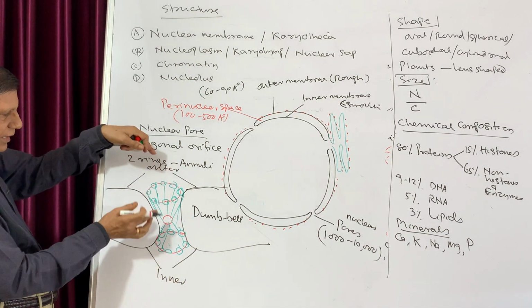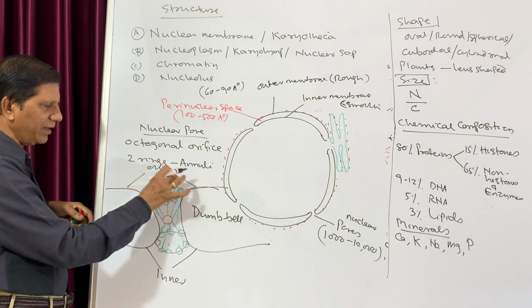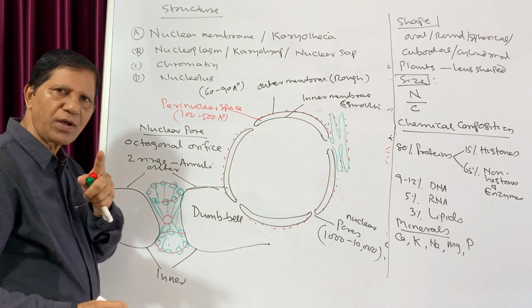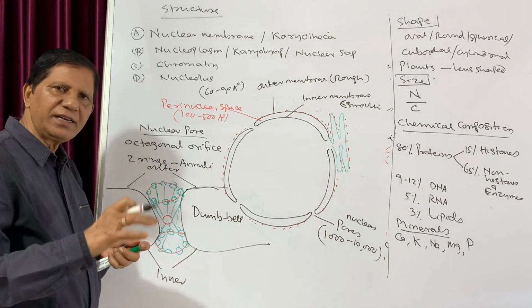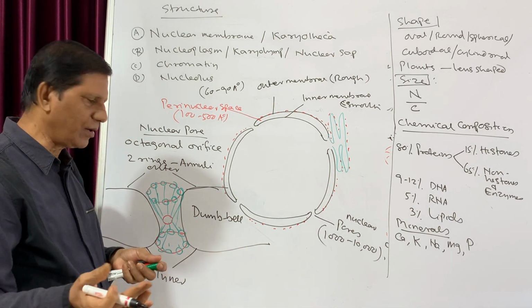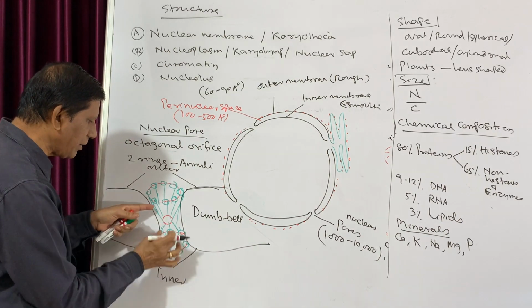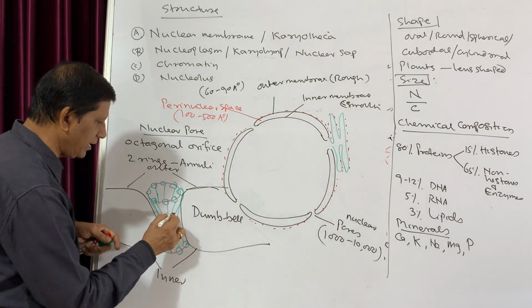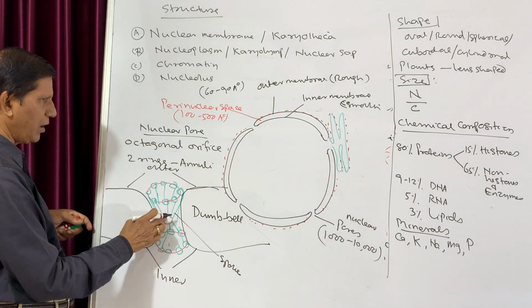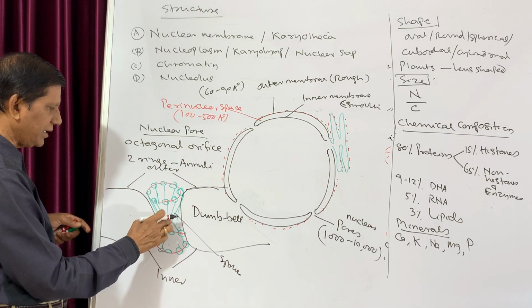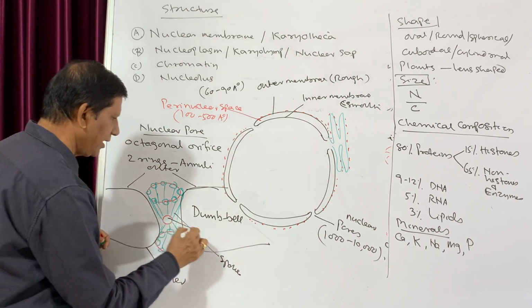And on the outer side there are 8 rings, which give rise to one annulus, and on the inner side there are 8 rings that give rise to another annulus, and both of them are connected by means of spokes. These are the spokes to the central one,